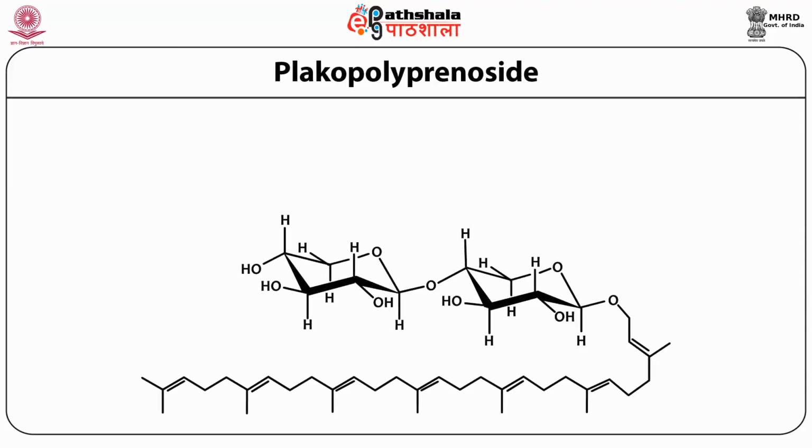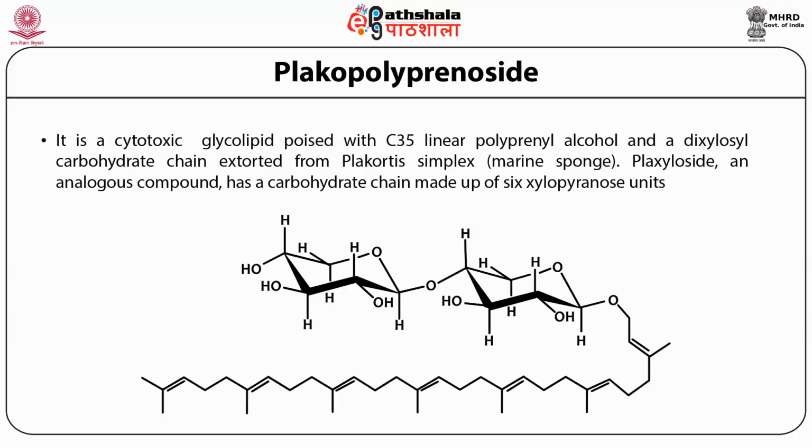Placopolyprenoside is a subtype of prenol glycoside, a complex lipid. It is a cytotoxic glycolipid composed of a 35 carbon linear polyprenyl alcohol and a di-xylosyl carbohydrate chain,